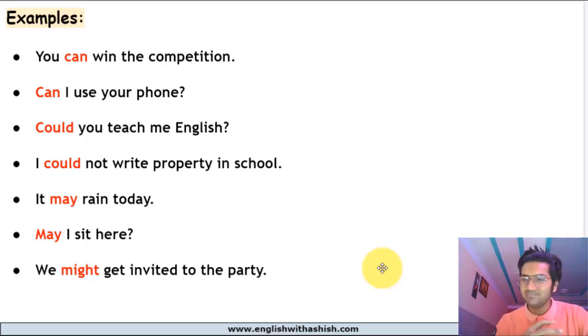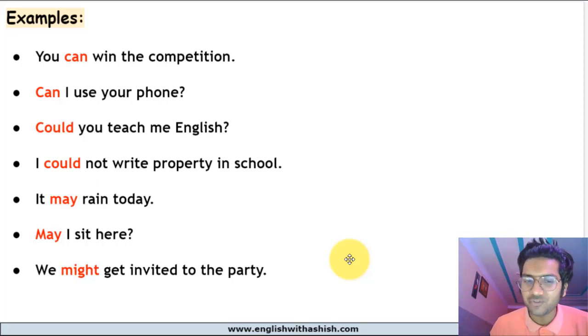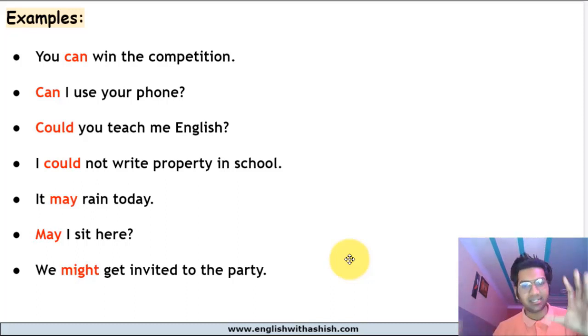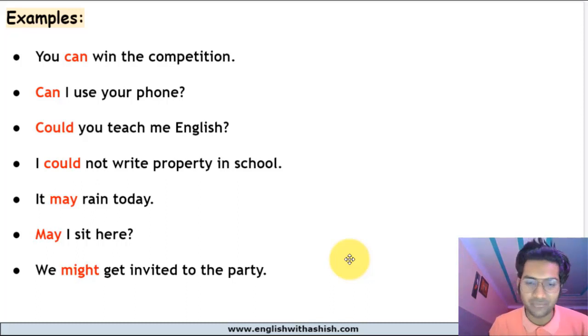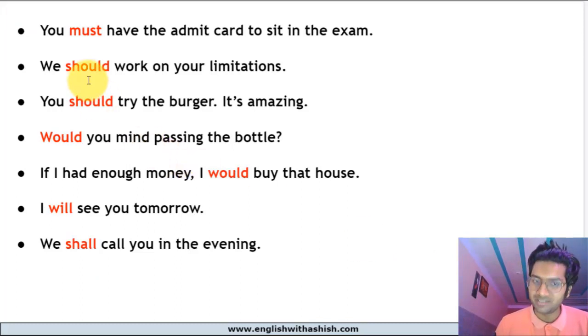But again, in our daily lives, we use these words interchangeably without any difference, right? You can use may or might and give the same meaning, but this is the technical difference that you have to understand. May refers to a slightly higher possibility and might a little less, right? This is what you have to understand. And you do not use might to ask for permission or to make a request. You don't do that.